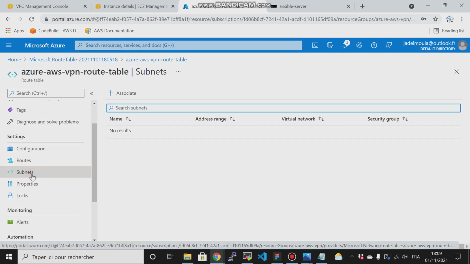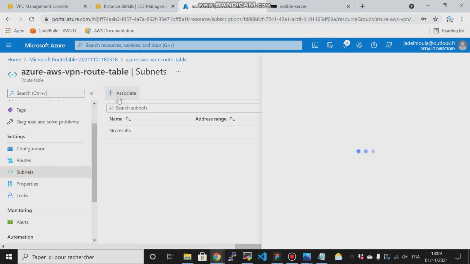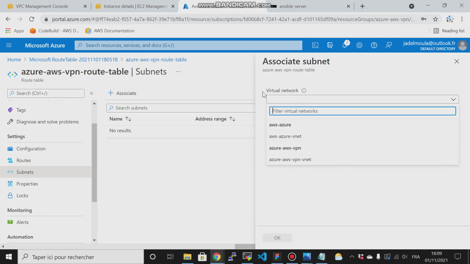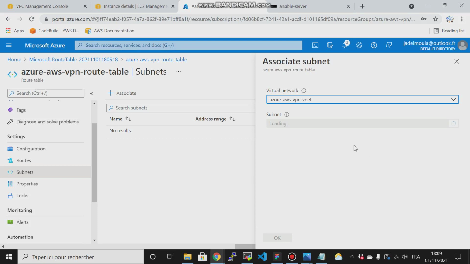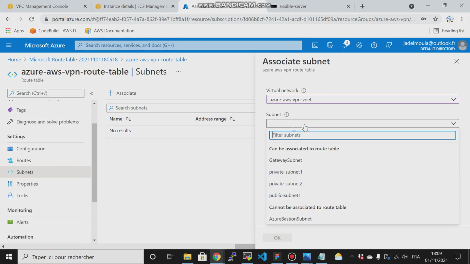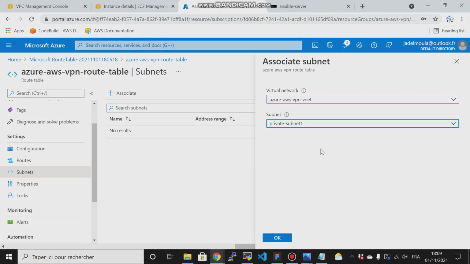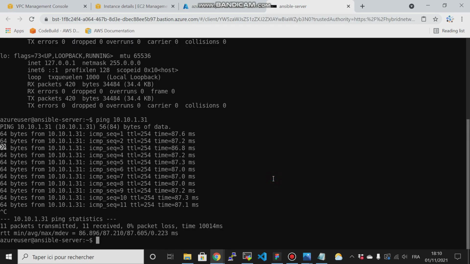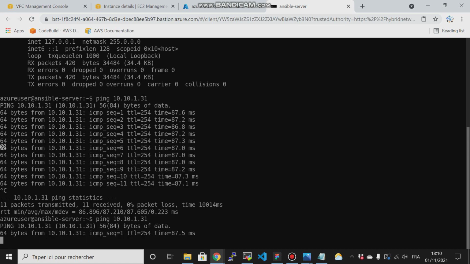So go to subnets, click on associate, and here we choose our virtual network, and then in subnet I will choose my private subnet one and click on OK. So if I come back here,